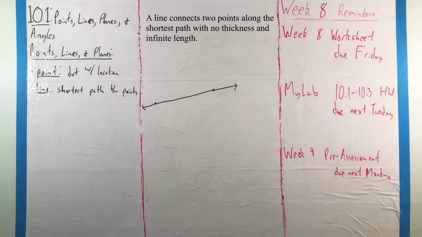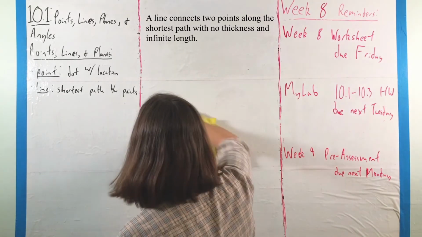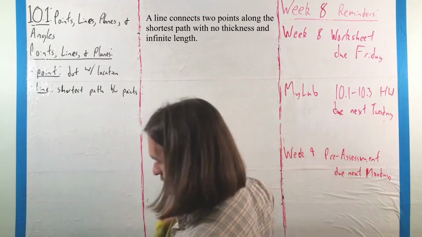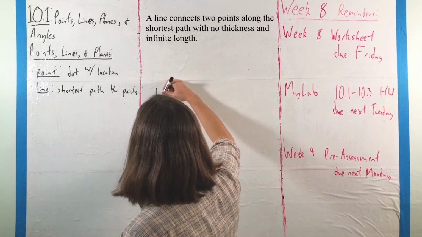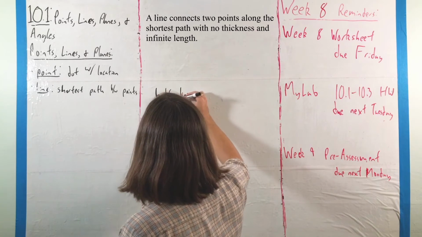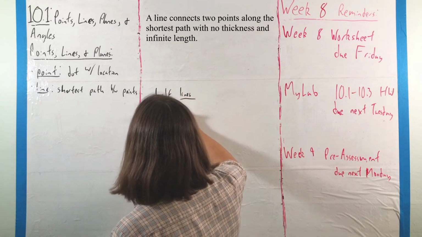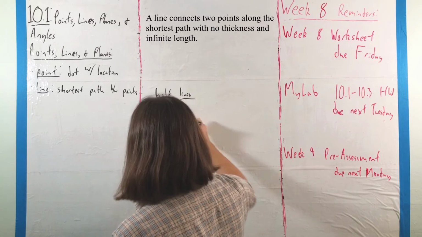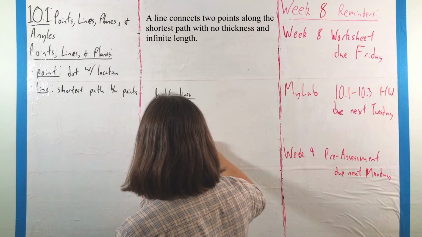From these ideas of lines, we have a few minor, I'll call them sub-constructions, things called half-lines, as well as rays and line segments,